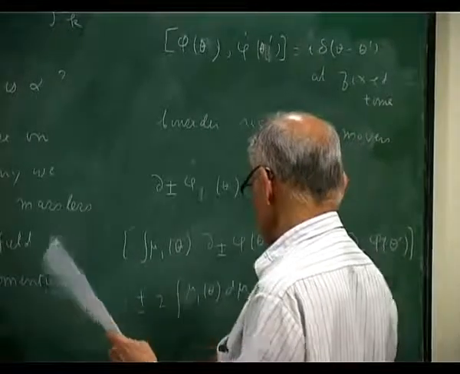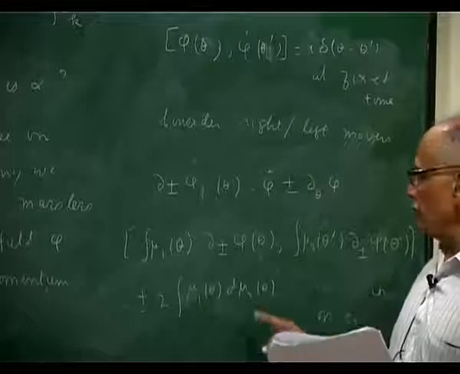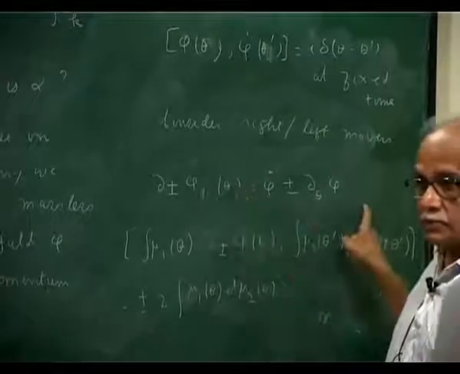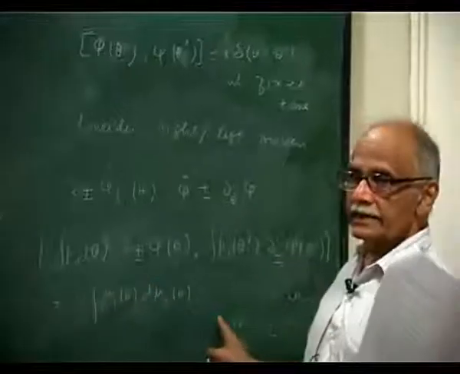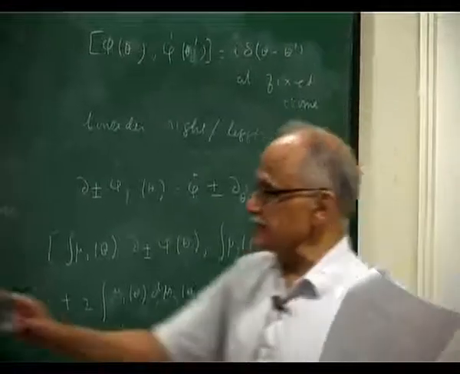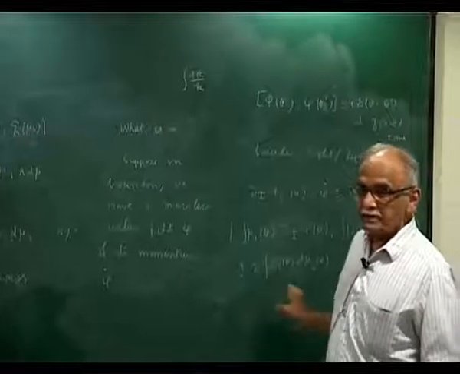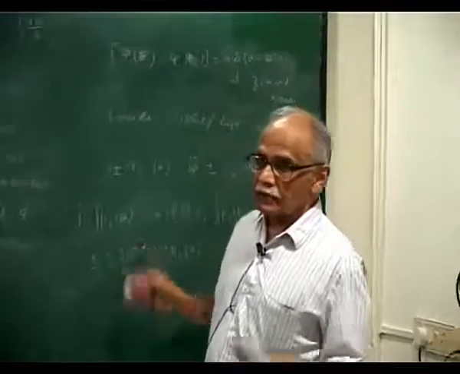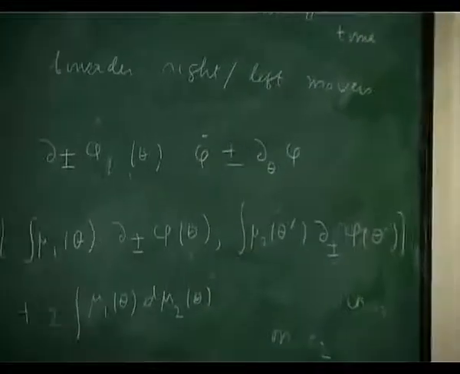This is on the boundary, d theta. See, theta is going from 0 to 2 pi. So the left and right movers commute. Left gives you one sign, right gives you the other sign, and you get this. This is the same as this up to factors. Okay. So the algebra we are getting is the algebra of an abelian current algebra. So we are getting an abelian current algebra at the boundary.